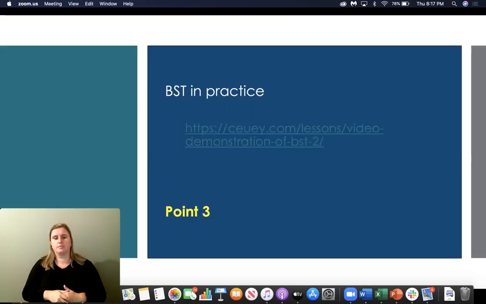But something that's critical, and I hope that you actually got it from the video, was that implementation of the actual target skill in vivo with the actual clients usually occurs, or should occur, following reaching some predetermined criterion for mastery. So that is an important consideration when implementing BST.